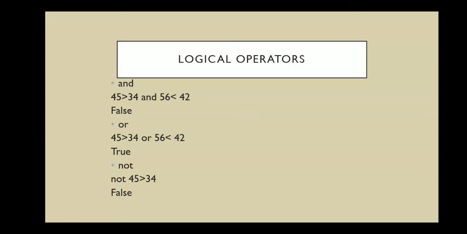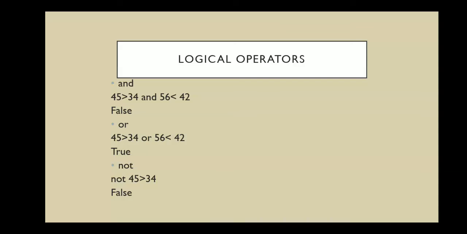Logical operators. Logical operators are used to apply more than one condition in a program, and they also give the result only true and false. You can see in the example, logical operators work with the relational operators, and always write logical operators in small letters because we know that it is a case sensitive language. And operator will give you true result only when all conditions are true. Or will return you true if any of the conditions is true.